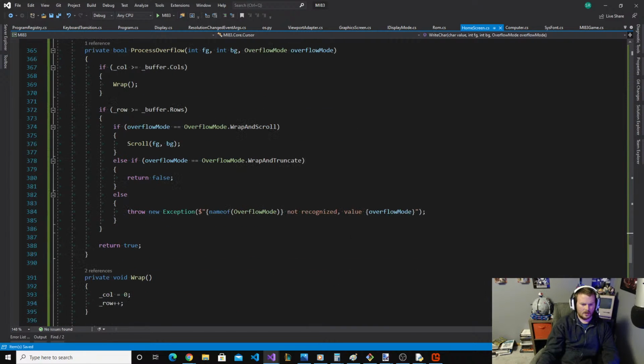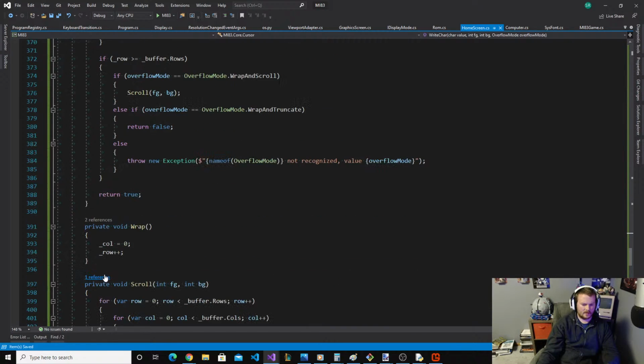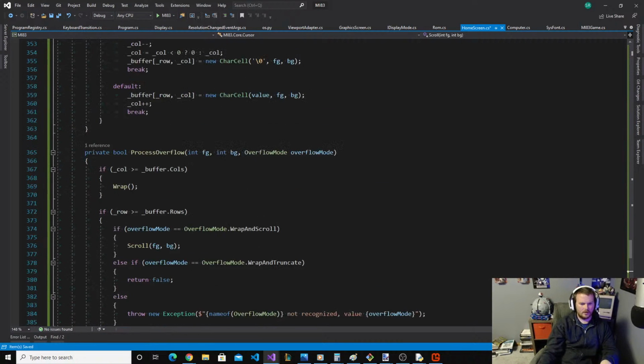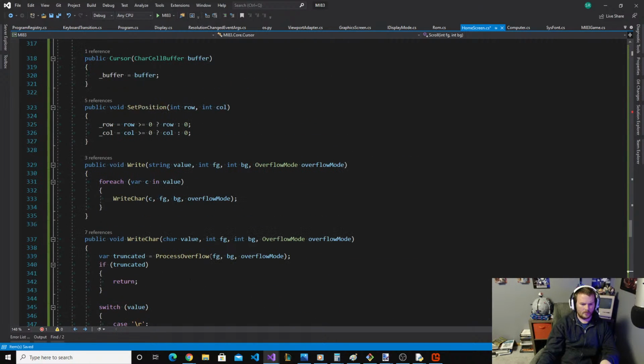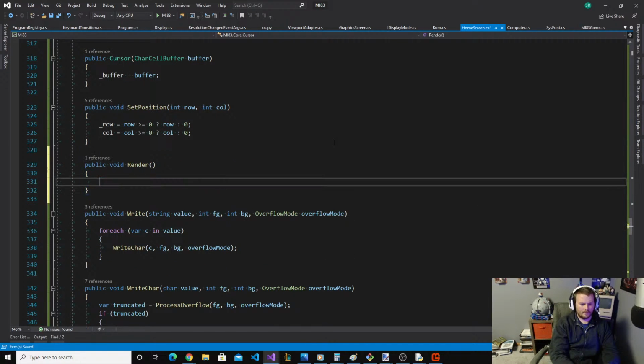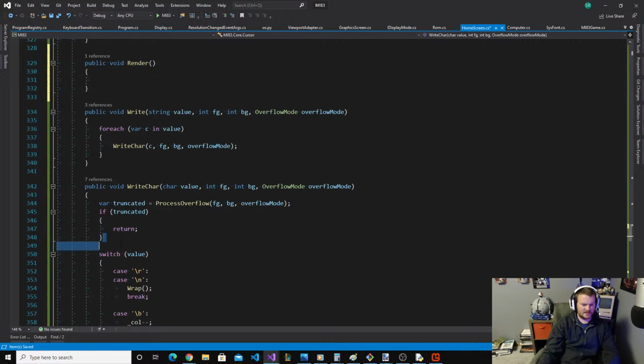So that will run like that. And when I do render, what I'll do is the same process,